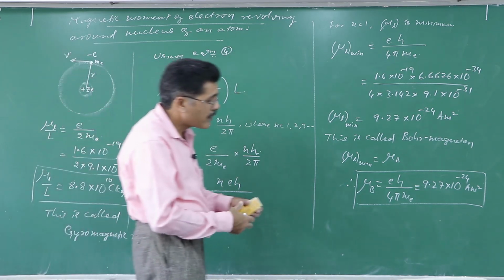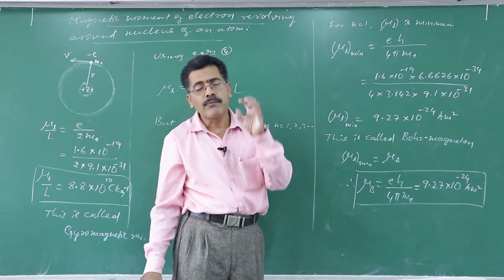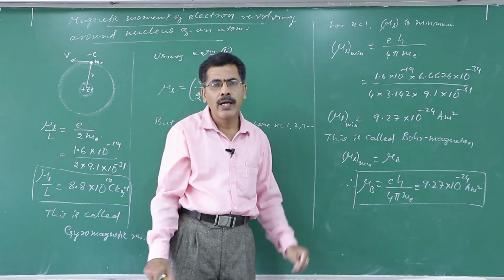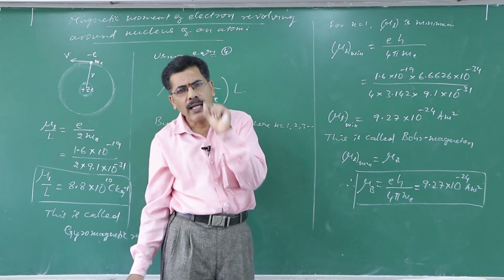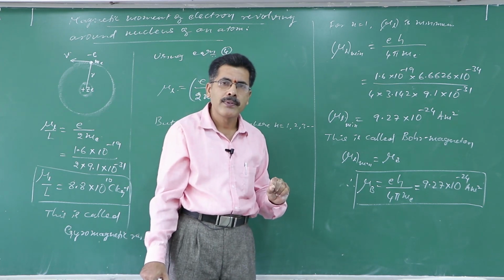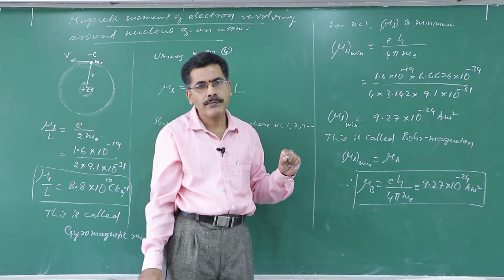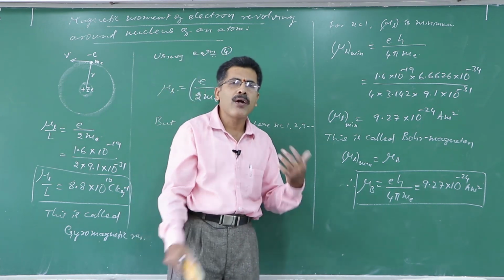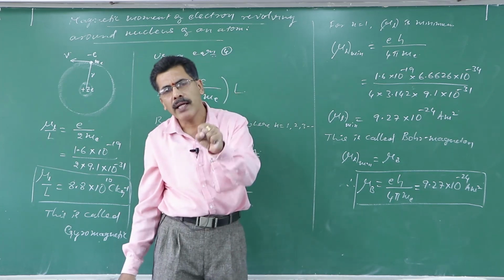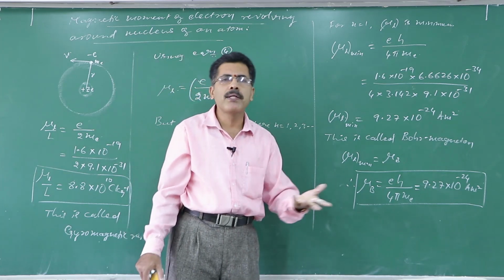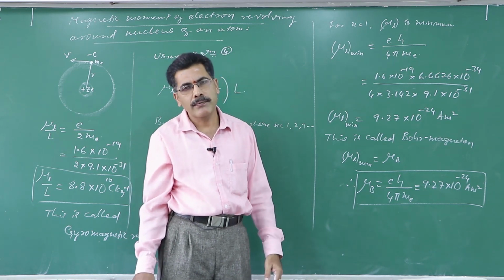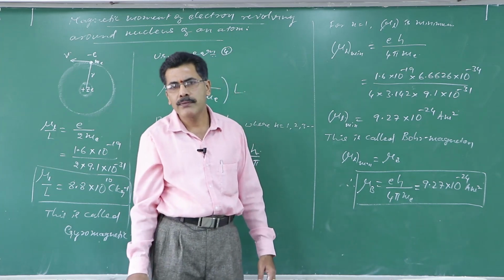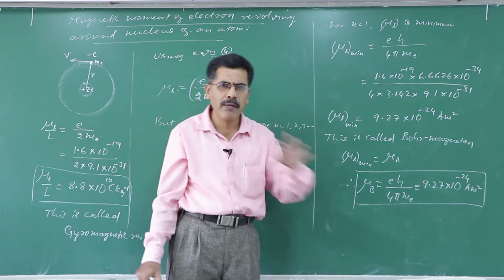This tells you that inside the atom, when electrons are revolving, they generate a magnetic field. Therefore every atom acts like a tiny magnetic dipole. They do have magnetic moment. Therefore magnetism is an atomic phenomenon. Magnetism of a magnet is mainly due to spin and orbital motion of electrons present in it. In certain atoms, the net magnetic moment becomes equal to 0, which cannot be magnetized. So we call them diamagnetic.